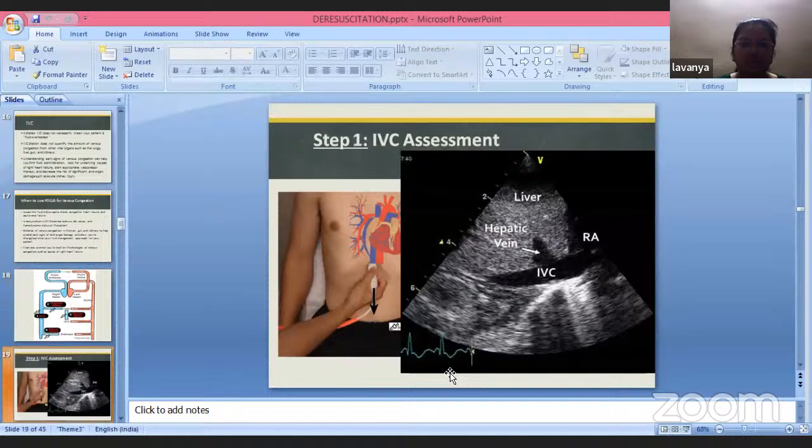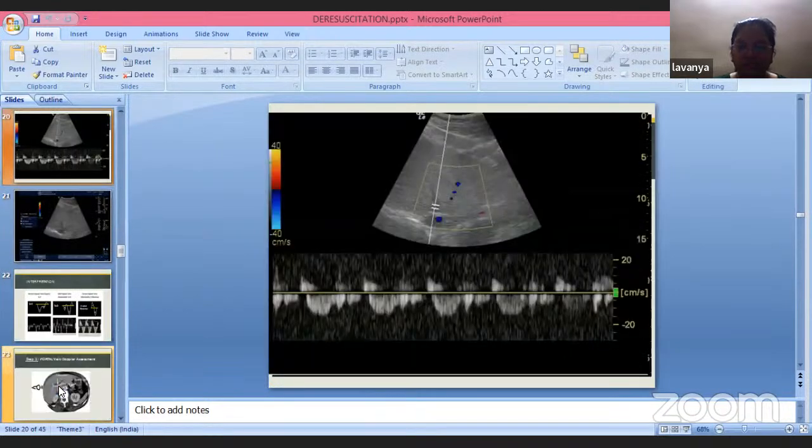So the first step I already discussed. Because of this slide sorter, sir, I'm not able to show the animation and all. Sorry for that. But for IVC assessment, we know that in the subxiphoid position, we keep either the echo probe or the curvilinear probe to look for the IVC. And by now we all know how to measure it. And if it is more than 2 centimeters,